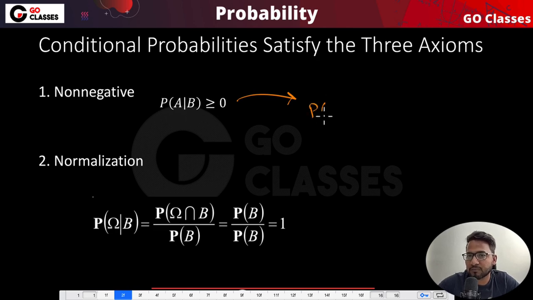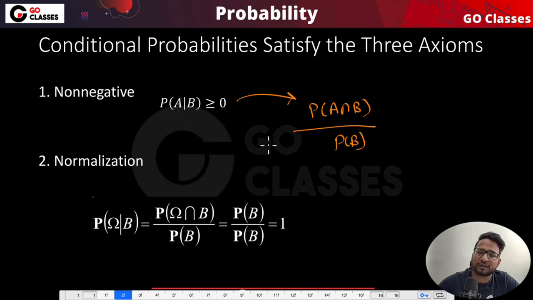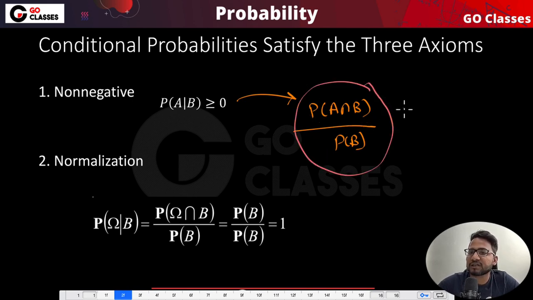See, this is nothing but the probability of A intersection B upon the probability of B. And obviously, this conditional probability is defined only when P(B) is greater than 0. Since the numerator is greater than or equal to 0 and the denominator is greater than 0, everything is positive, so ultimately this is also greater than or equal to 0. Why? Because of the probability definition: every probability is greater than or equal to 0. So that's why this whole quantity is greater than or equal to 0. Very, very easy proof.